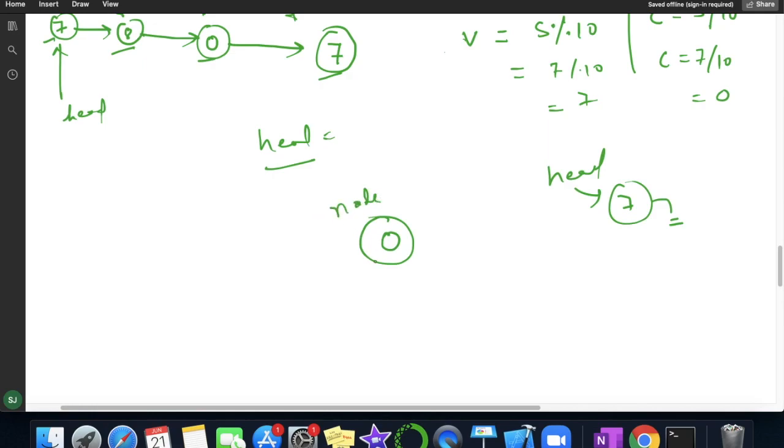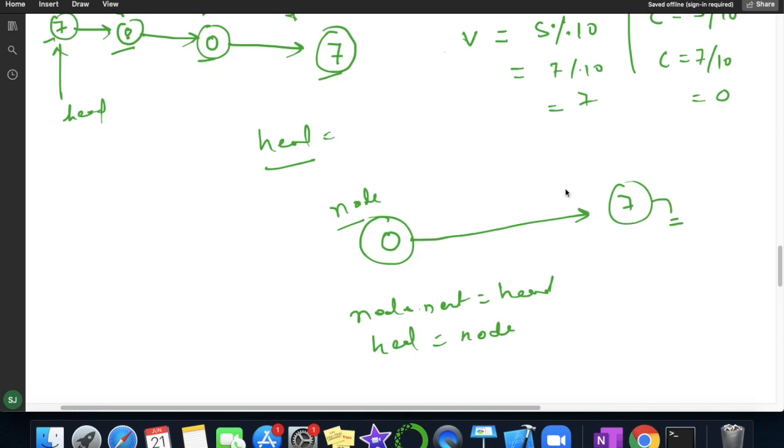After creating the new node, we have written node.next equal to head. So this is my node, and node.next will point to head. You can see here this node is pointing to head, and in the next line we have written head equal to node. So this head will be assigned with this node.